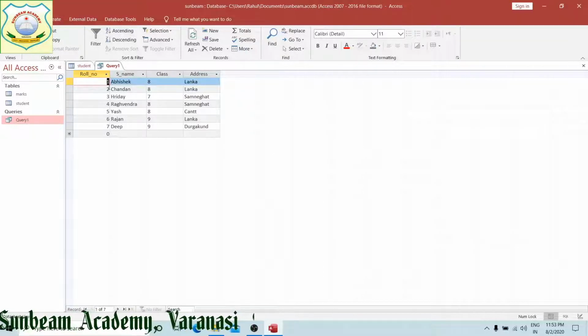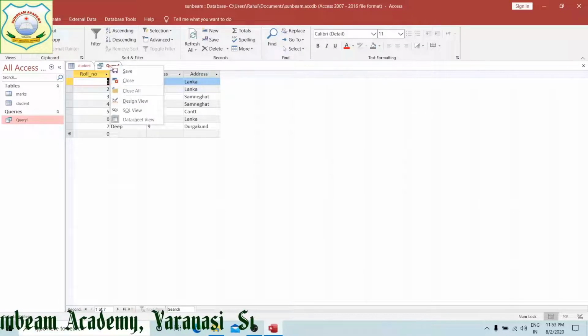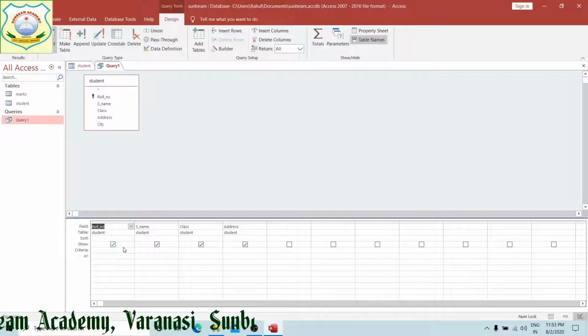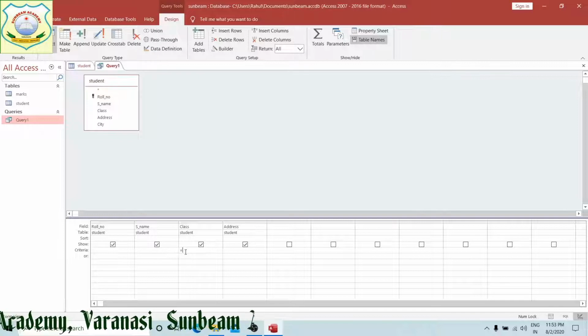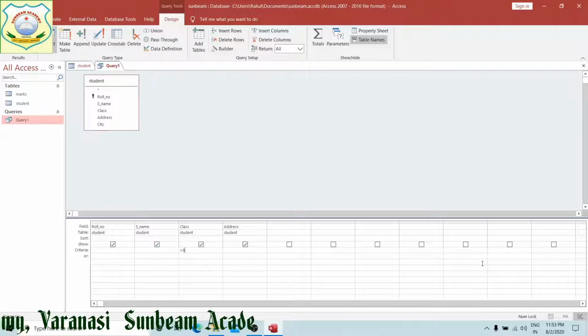To provide simple criteria, we will click on query design view. Now here criteria. Suppose I need the students of class 8 only. I have given class 8, right? I have given class 8 only.